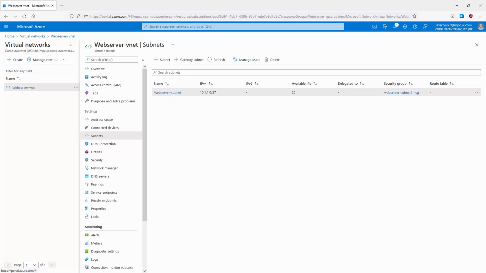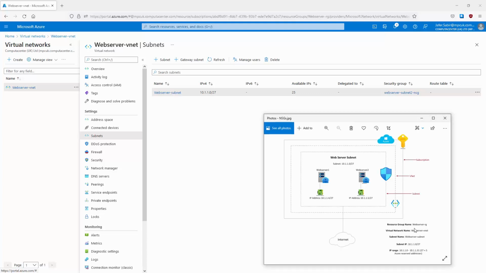Now I've got 2 network security groups associated with my virtual machines. If we go back to the diagram, we have a network security group associated with the subnet as a whole itself, and when you associate a network security group with the subnet, it applies them to the virtual machines. And then we have network security groups applied to the network interface cards as well of the virtual machine. So we've got 2 layers set up currently, and the one trick about the 2 layers is, if you have both layers set up, and let's say for example you wanted to allow port HTTP from the outside world to your public facing web servers, you have to allow it on both layers,